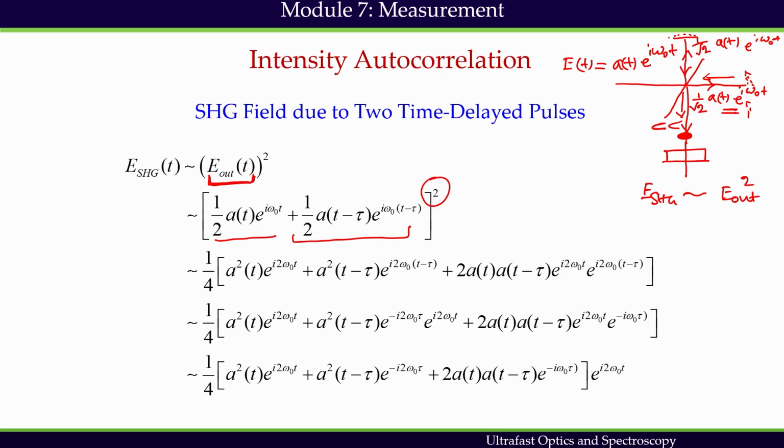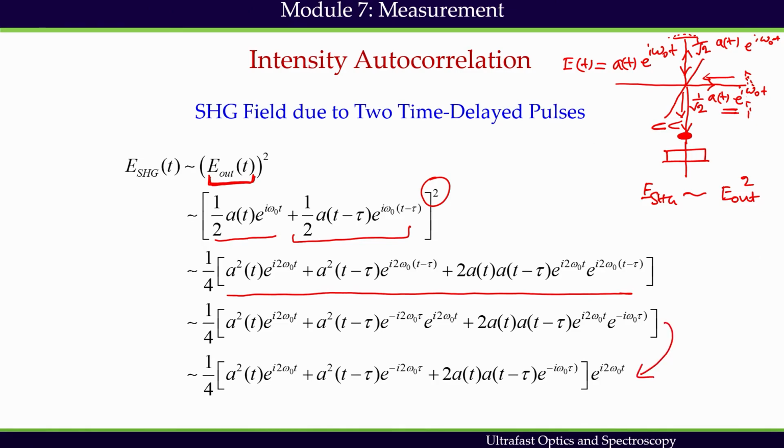If we take the square and do a little bit of rearrangement of the terms, we get this. This is very easy to get, and then again reorganizing it,